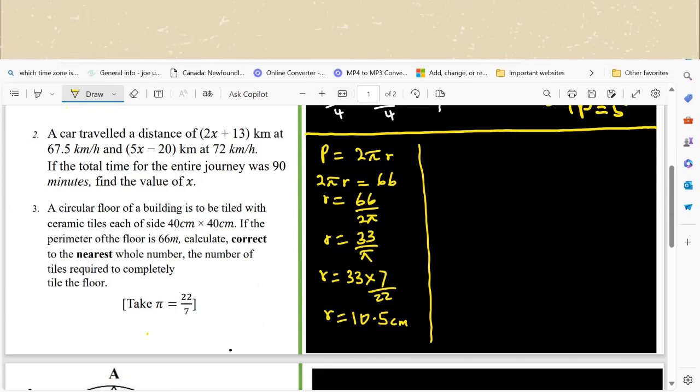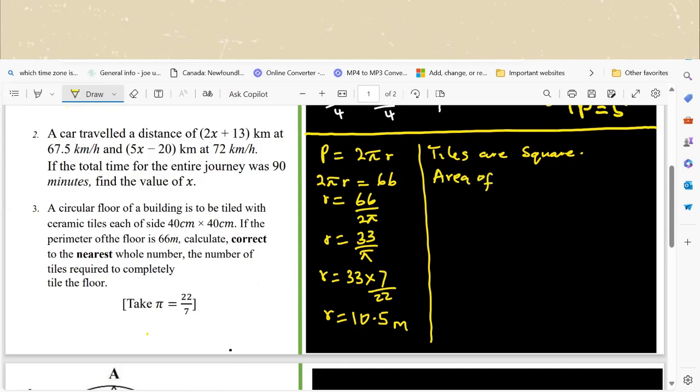A circular floor of a building is to be tiled with ceramic tiles each. So the ceramic tile is a square. So this one is that of the floor. So this is in meter. That's the radius. So now, the tiles are square. How do we know? Because look at the dimension, 40 by 40. So it's square. So let's find out the area